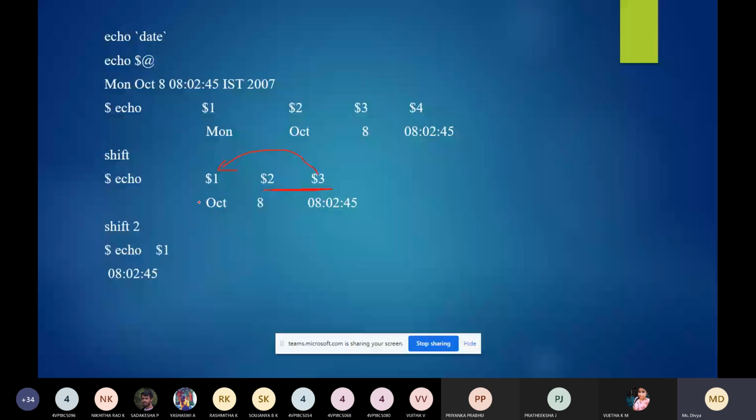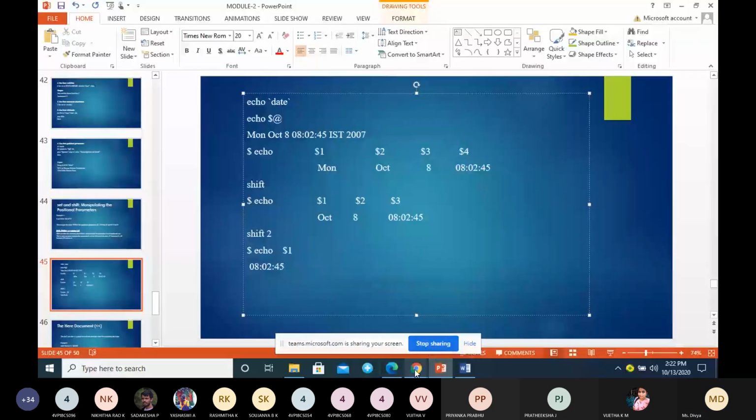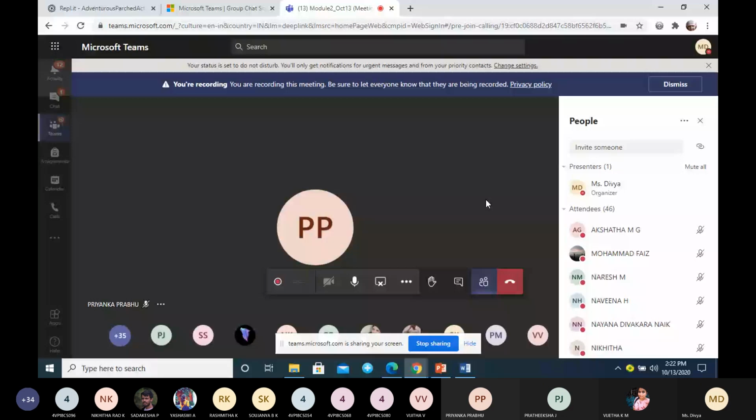So this is an example you can give for shift. I'll execute an example for shift.